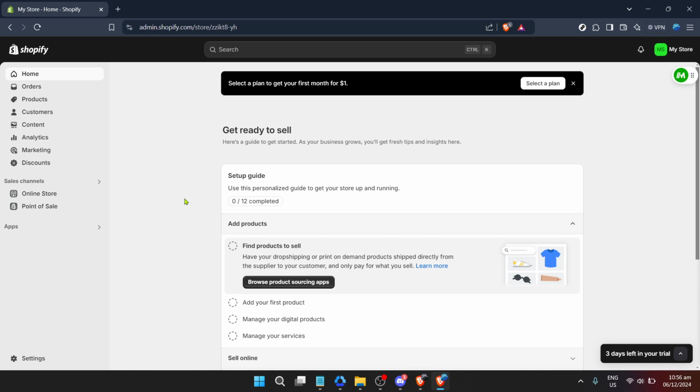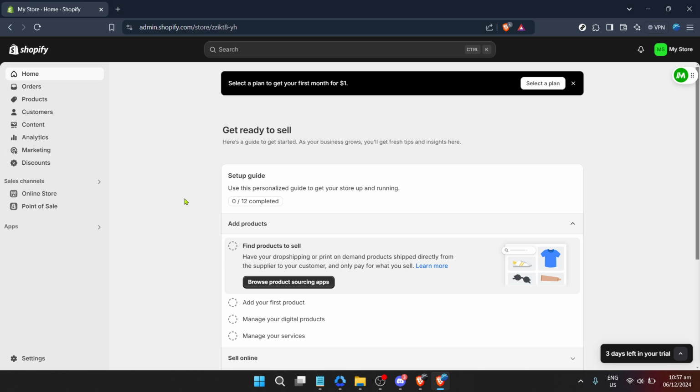Next, you're going to enter your email address. Make sure you input the email associated with your Shopify store to avoid any sign-in hassles. This email is almost like a key that grants you access to your digital storefront, so keep it secure but accessible. Following that, you will need to enter your password, then click on the login button. Remember, your password is the safeguard to your business's online presence. Ensuring that it's both complex and secure is paramount to the safety of your business information.